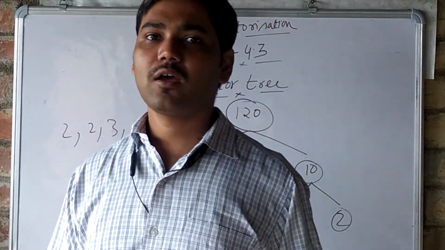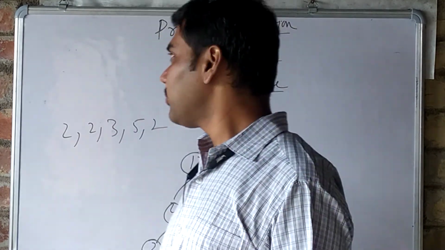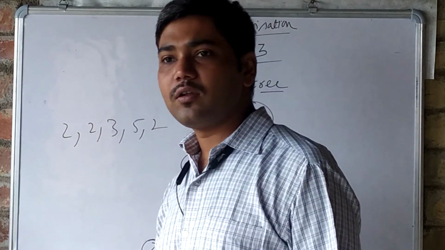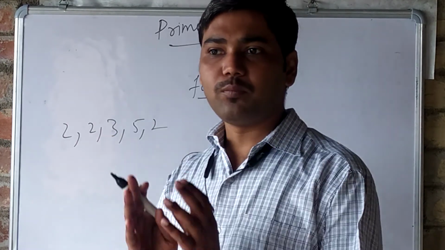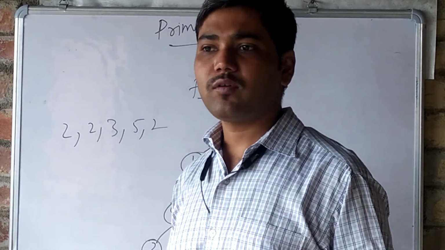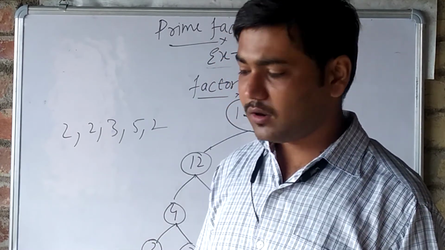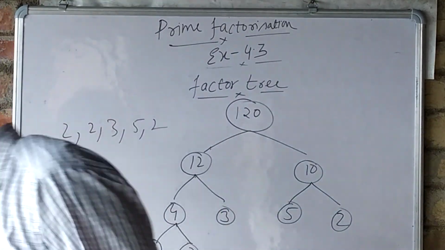So I have explained two methods for doing prime factorization. One is the simple way of breaking to get the prime factors. The second is the factor tree. Now third is the most